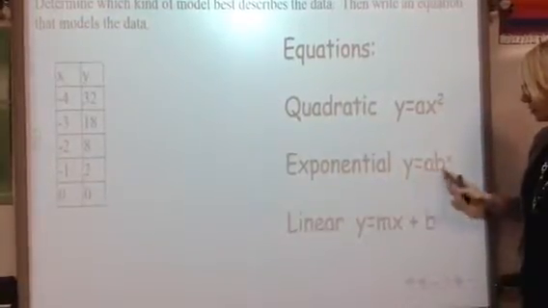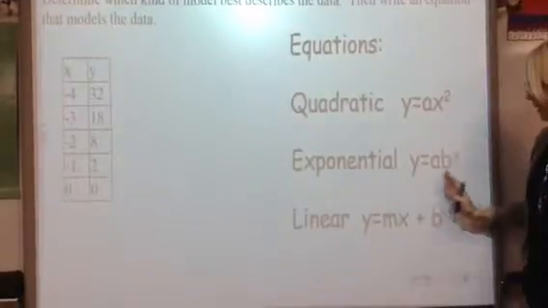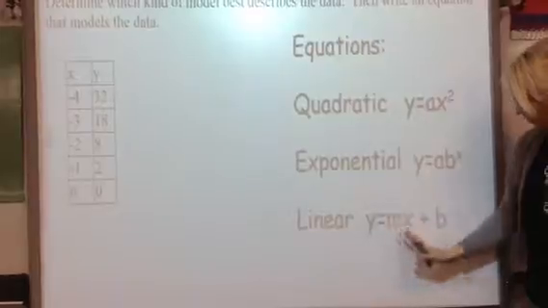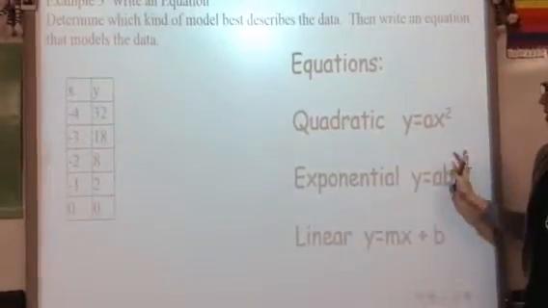Exponential is y equals ab to the x. And we'll use some substitution. A common ratio is always your b. And linear, y equals mx plus b. M is going to be your slope, and b is going to be your y-intercept. So this is going to be your common difference. And we'll talk about the